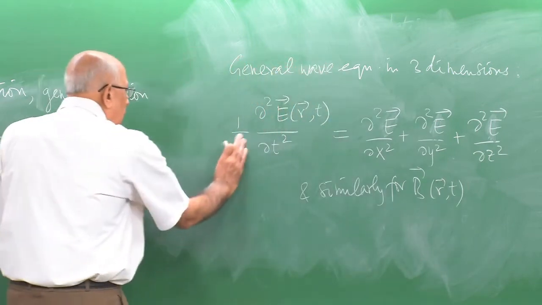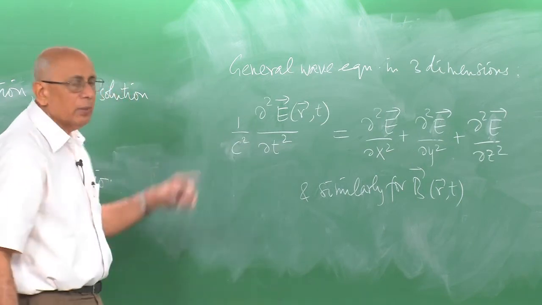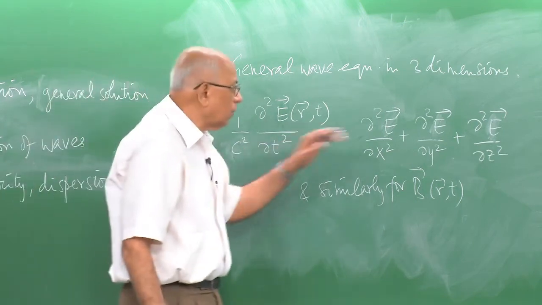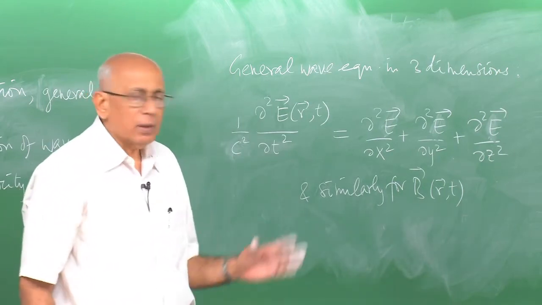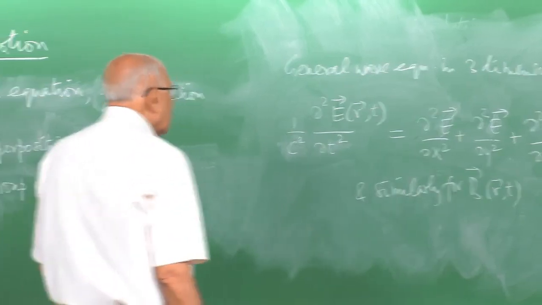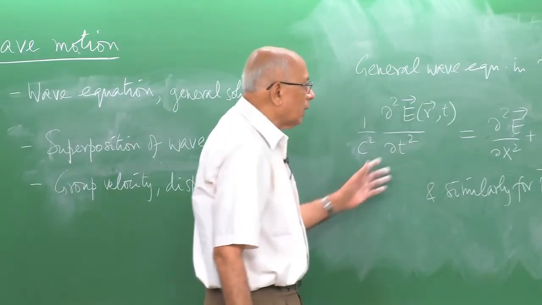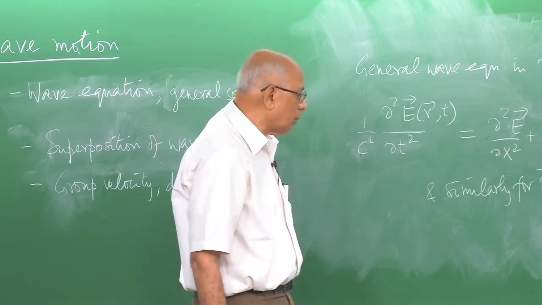And this u in vacuum is replaced by the speed of light in vacuum, and that is the wave equation satisfied by the electric field in an electromagnetic wave, of which light is an instance. So, visible light is one such instance. Light of any frequency is an electromagnetic radiation, and in vacuum it has got this invariant speed of propagation c